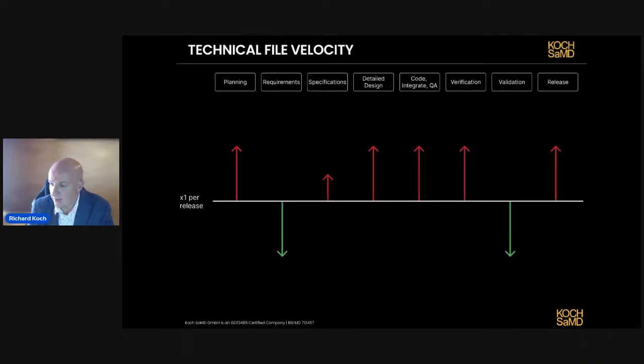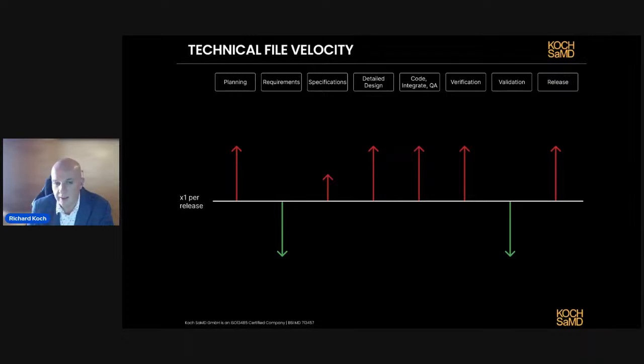And this slide here is just an attempt to look at technical file velocity. So the way to interpret this, across the top, you've got the steps, which are broadly the IEC 62304 steps, where you go from planning, requirements, into software requirement specifications, detailed design, code, all the way up to release.